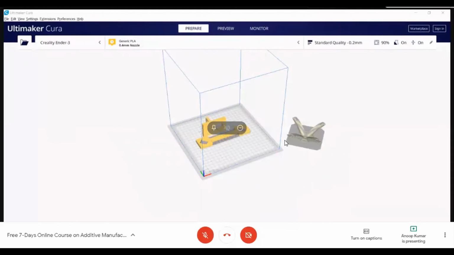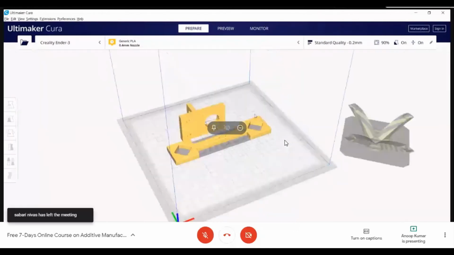I had given a link where you will find these three models